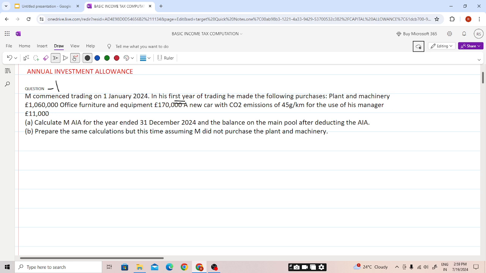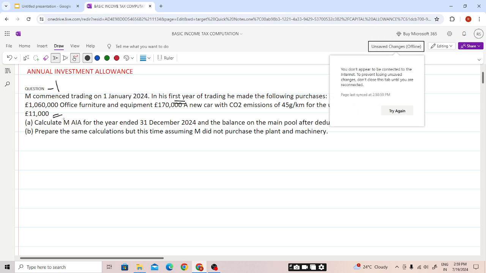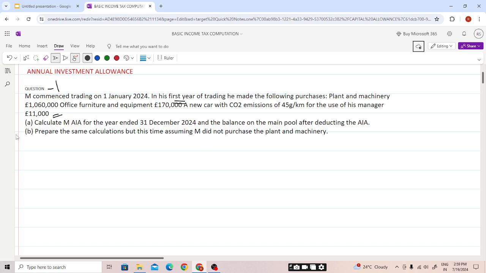Plant and machinery costing 160,000 pounds were purchased. Office furniture and equipment of 170,000 were purchased, and a new car with CO2 emission of 45 grams per kilometer for the use of his manager of 11,000 was purchased. Calculate M's AIA for the year ended 31st December 2024 and the balance on the main pool after deducting the AIA. Prepare the same calculation but this time assuming M did not purchase the plant and machinery. So here students, we need to calculate the